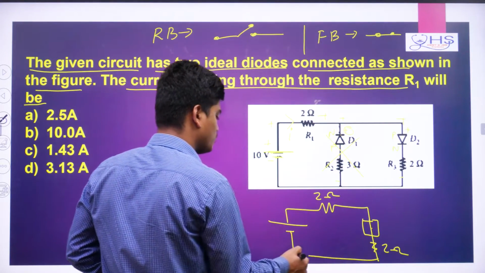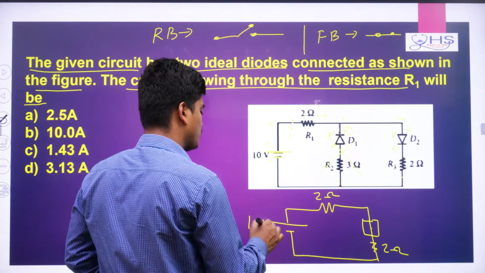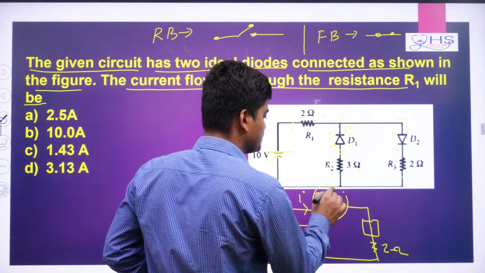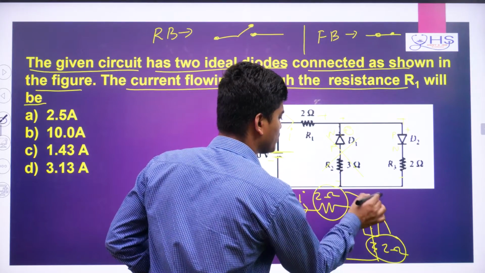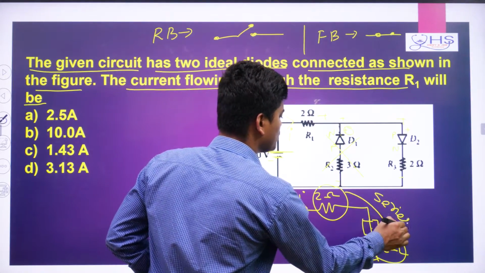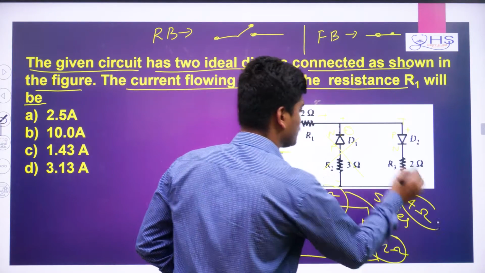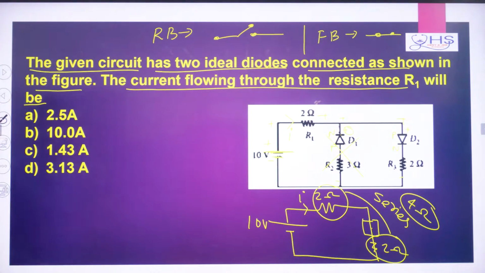Now here it is connected to here. Now it is a 10 volt. Okay. So now see here, if current I want to find, I can check this resistor and this resistor. They both are in series. And remember, if resistors are in series, then total resistance will come 4 ohm.